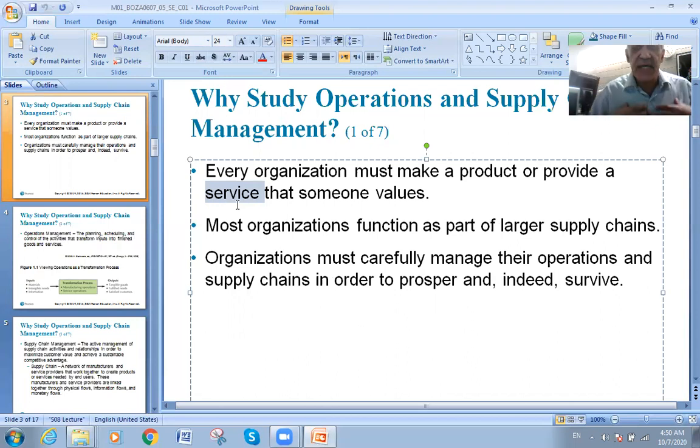But I cannot put what I am doing now in the fridge and take it after 2 weeks or 2 months and give it to another student. So a product may be stored, but services will never be stored. Services will never be stored. Third thing,